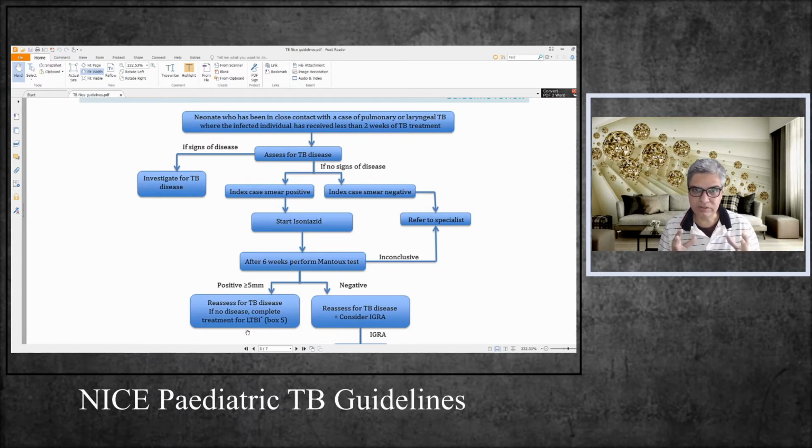If there is no disease, and you know that you've already put them on INH, you have to complete the treatment for latent TBI. So you have to give the full course of the isoniazid. If the Mantoux test is negative, then again you have to consider them, see if they are exhibiting any signs of active disease, and at the same time you would be considering IGRA, that is the gamma interferon test, to see if they have got any